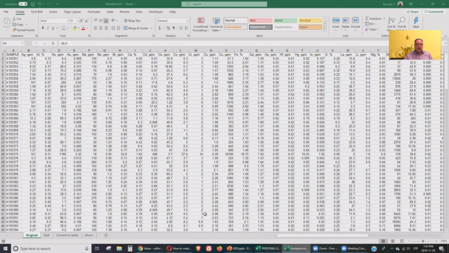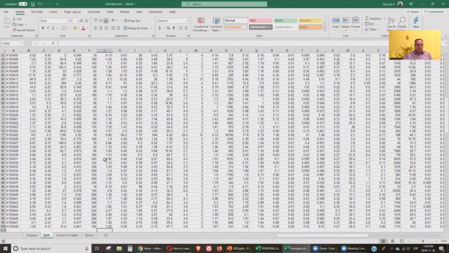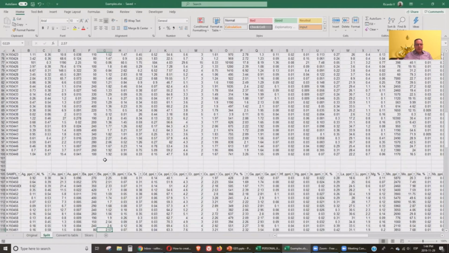We will start with a data set, and you will hear me saying this many times: any processing that you do with Excel, always keep the original data in a separate tab. That way, no matter what transformations or changes you make to the table during the processing of the data, you can always come back to the original data. In this case, I'm also going to split my data set into two groups, and I will explain why I'm doing this later